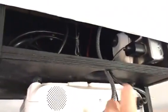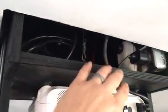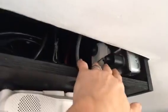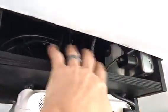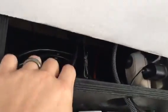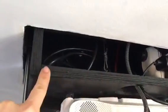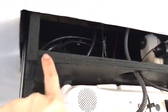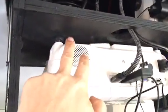As you can see, I drilled a hole in this second level so I could run the wires through here, and that way I could stuff all the wires in this upper level. So this box right here is just split in half. Not in half, but it's split by this bottom one that I could screw the projector into, which